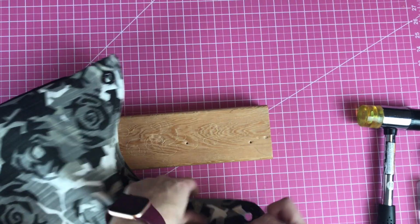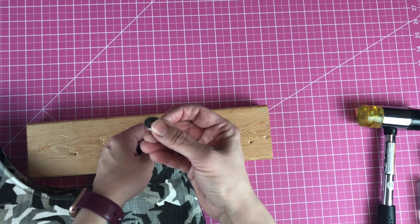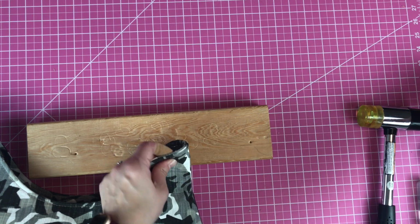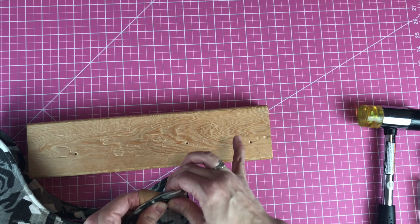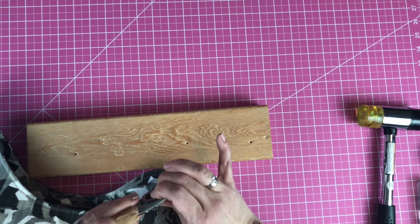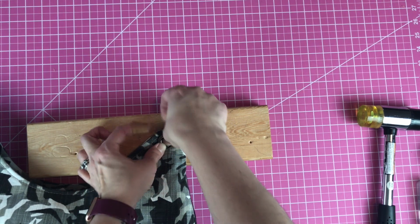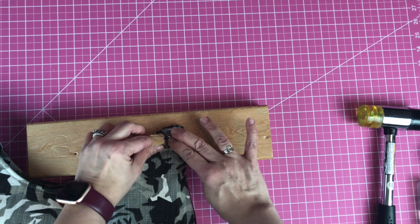Now that we have the holes, we are going to put one half of the grommet into one side and another half into the other side. And you're just going to position them. It does click just a tiny bit into place. And you're going to make sure that that didn't move. And again, with a harder surface underneath,